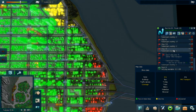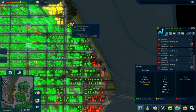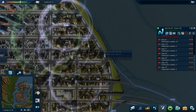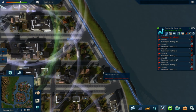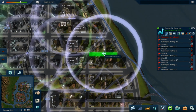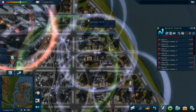So we do some weird thing over here. Let's remove that, remove that, remove that, remove that. Leave that one there. So let's follow this along a little bit. So the area that isn't covered is this area here, but I'm not going to put stops on the avenue because of the way that the junctions are here. It will look a bit messy. So what I think I should do instead, I think if I put one there like that and one there like that, and we can have this line